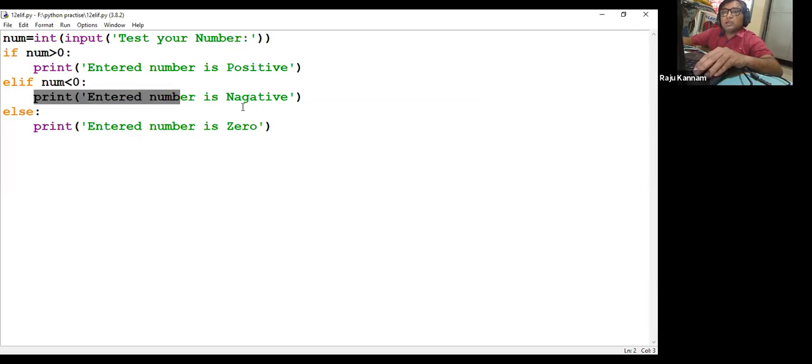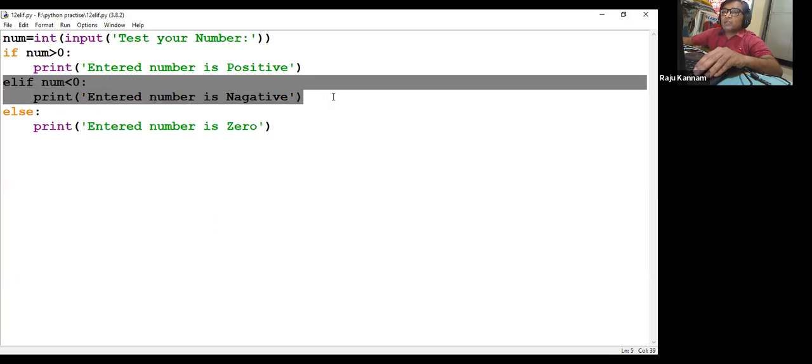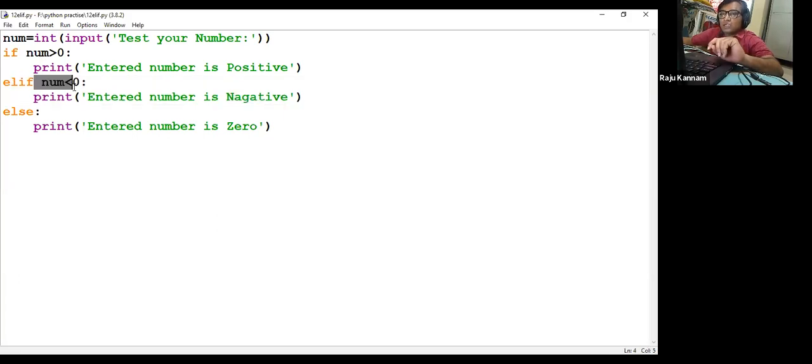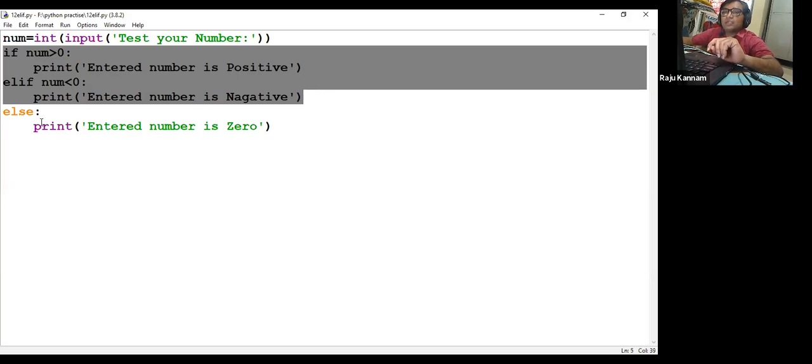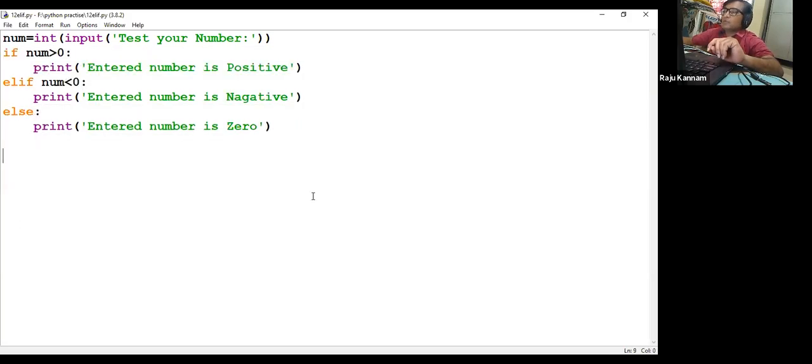So this print statement will be executed and we'll get this one printed. Since this block is executed, the other blocks won't be executed. Out of 3 blocks here, at a time only 1 block will be executed. If this condition is also not satisfied, then the last else block will be executed.